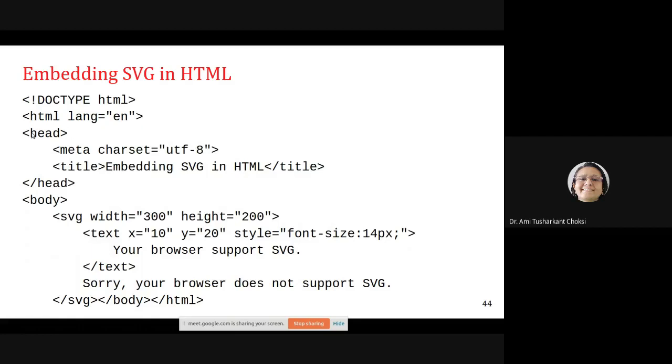Head, meta tag. Here we can write keywords and specify the keywords. Those will identify the page. This HTML page will be identified by the keywords we mention here. And as we know, a web crawler or search engine will extract those keywords and this page link.